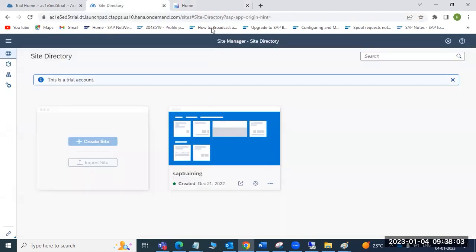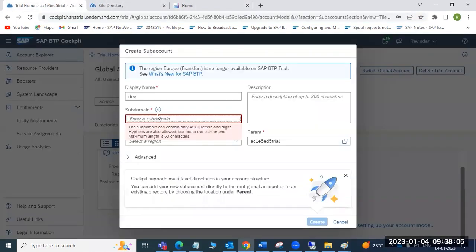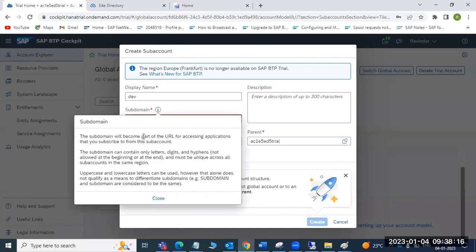So before creating anything, we need to follow our organizational standards, what accounts you are trying to create and how it will be named. Otherwise, if you just open the help button here, you will see the subdomain will be part of the URL for accessing the applications which you subscribe from the sub accounts.